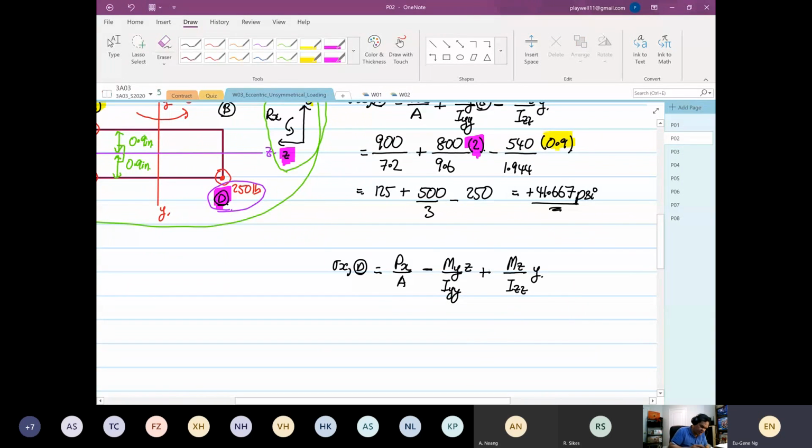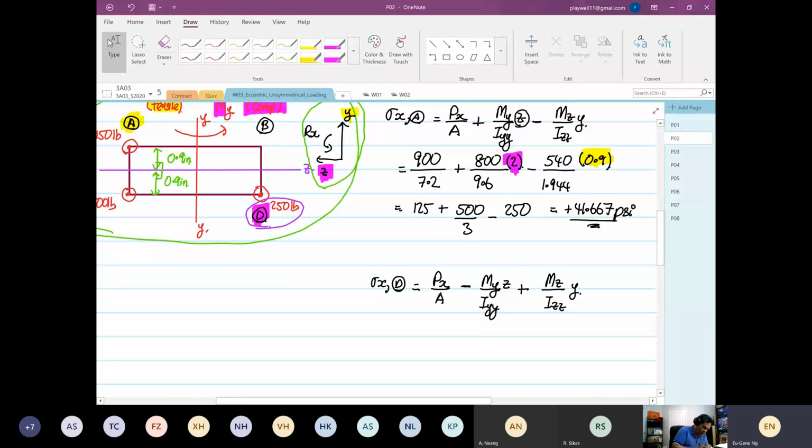And the Z distance, right? If you look at point D, the Z distance is also 2. And the Y distance is also 0.9. So what I'm trying to highlight, you can still use the same number like before. So you have 125. So now minus 500 over 3. And then plus 250. So the outcome, 125 minus 500 over 3 plus 250. So it's equal to 208. Hold on. 125 minus 500